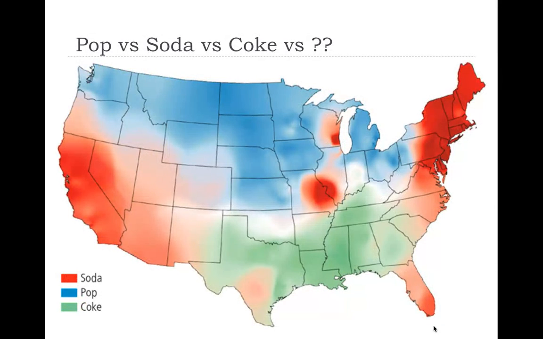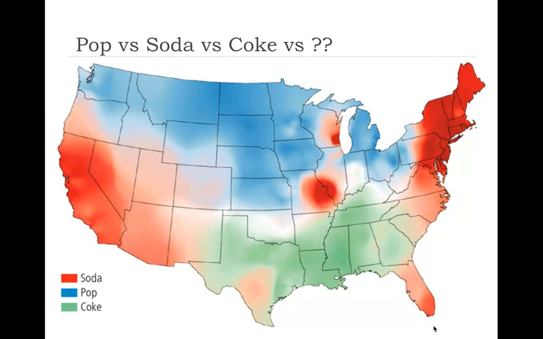And so this is probably one of my favorite maps. In fact, it's up in the classroom here as well. But if we look at it, pop versus soda versus Coke versus soft drink maybe, or other. You can see, depending on where you are in the country, if you want to order a pop, you would order a pop if you were here. But if you were in different parts, say in southern Florida, you would have to order a soda. Or if you're on the East Coast or the West Coast, you probably have to order a soda so they know what you're talking about.